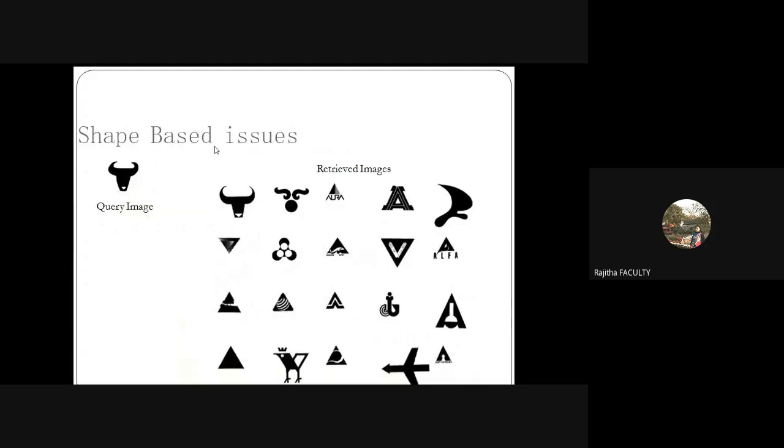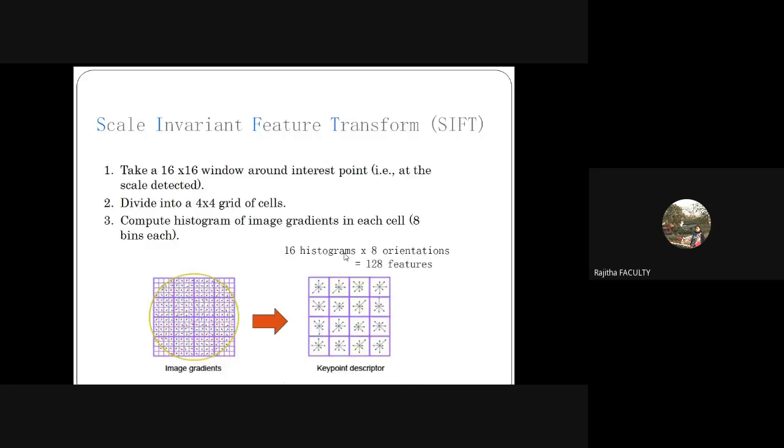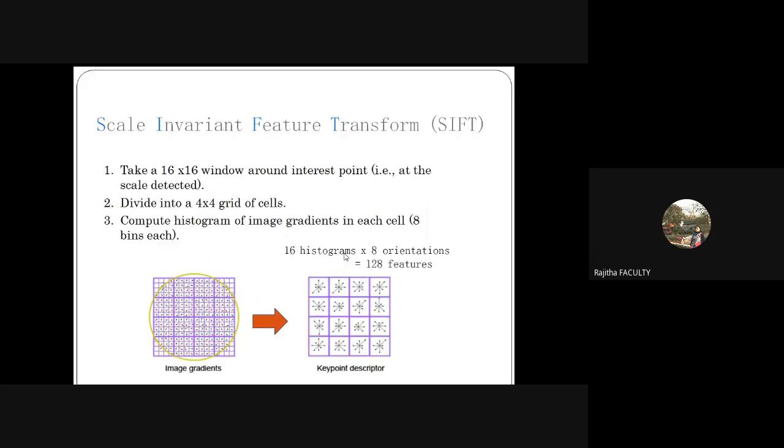Like suppose my query is this, and these are all the retrieved images, you can observe the shape is matching only for this object, but the remaining objects are not matching, right? So like this, the shape might also fail. Now what do I do? Then I can go for another advanced concept which is widely applied in image retrieval, that is SIFT, Scale Invariant Feature Transform. Okay, this is widely applied in image retrieval applications. So you can go with this. I'm not going into depth, but it is also one of the feature extraction approaches.